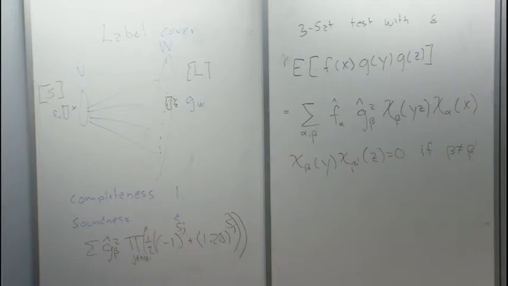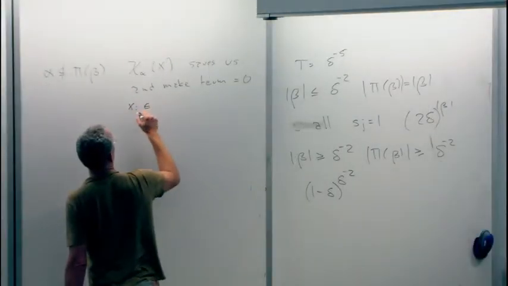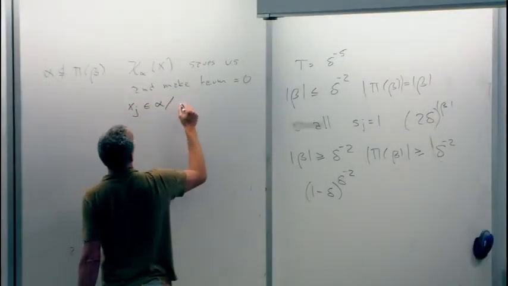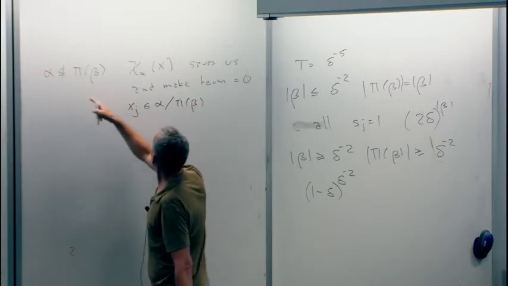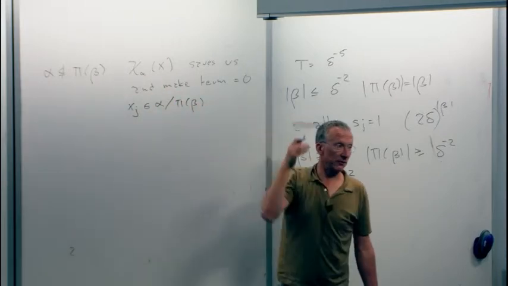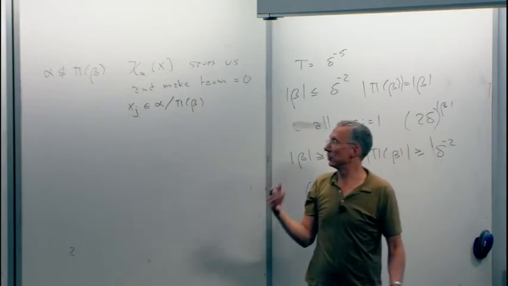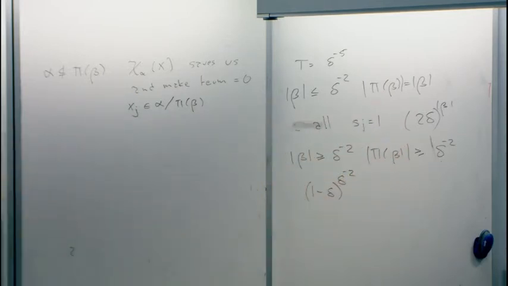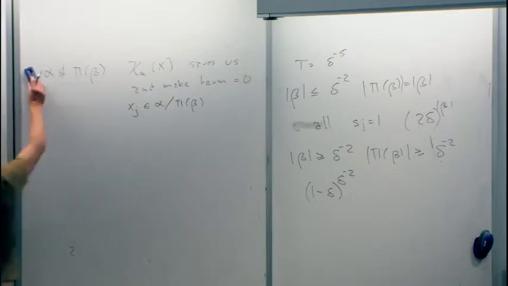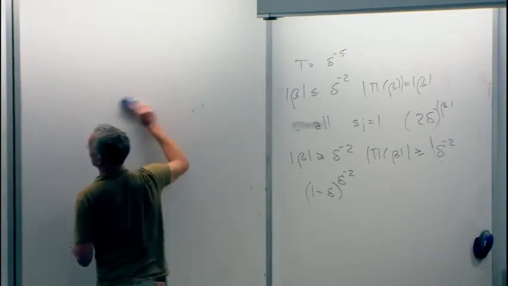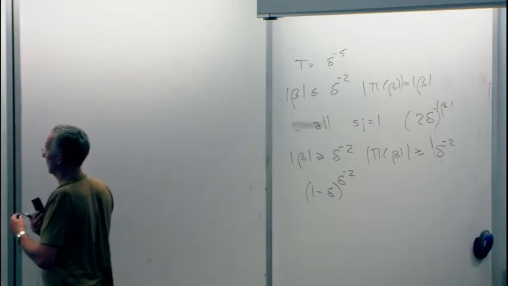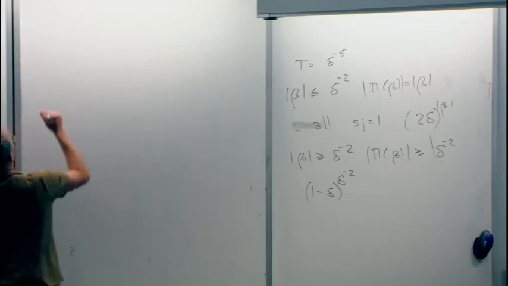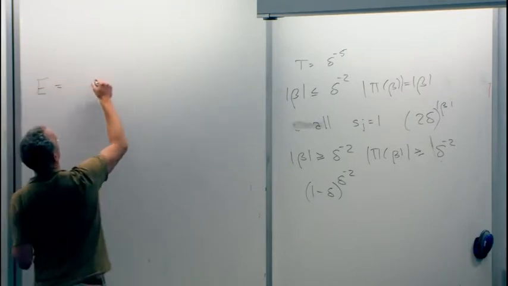If alpha is not a subset of the projection, then take any x_j that lives in alpha but not in pi beta, and then you'll have something in that product that's in fact independent of everything else. Okay, and it will be fine. So we can in fact have alpha a subset of pi beta. So the expected value now turns out to be